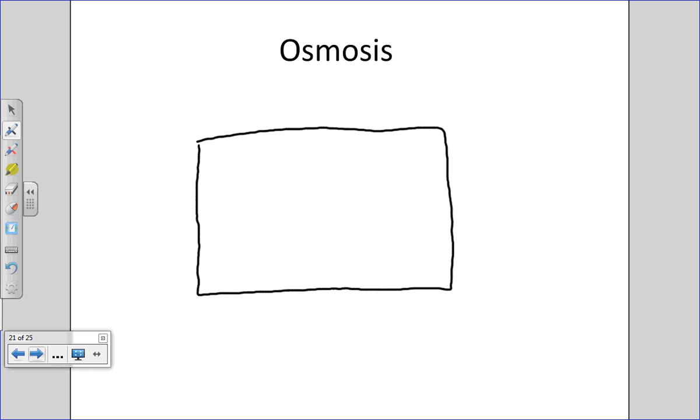So let's draw this on here. All right. Let's say we've got a membrane here. Okay, we've got a membrane there. All right. Now, this is what's going to be our, I'm going to abbreviate this, selectively permeable membrane. All right. And then we'll call this side A, we'll call this side B. Okay, now,